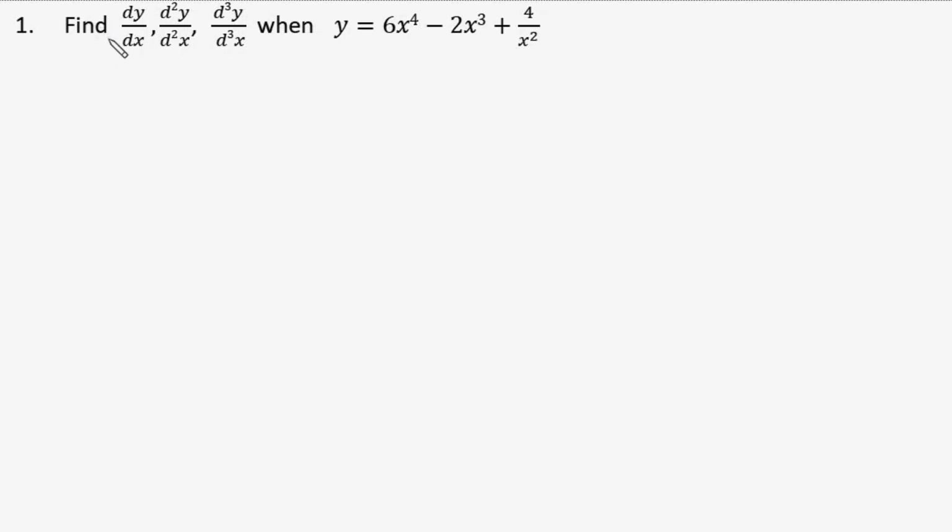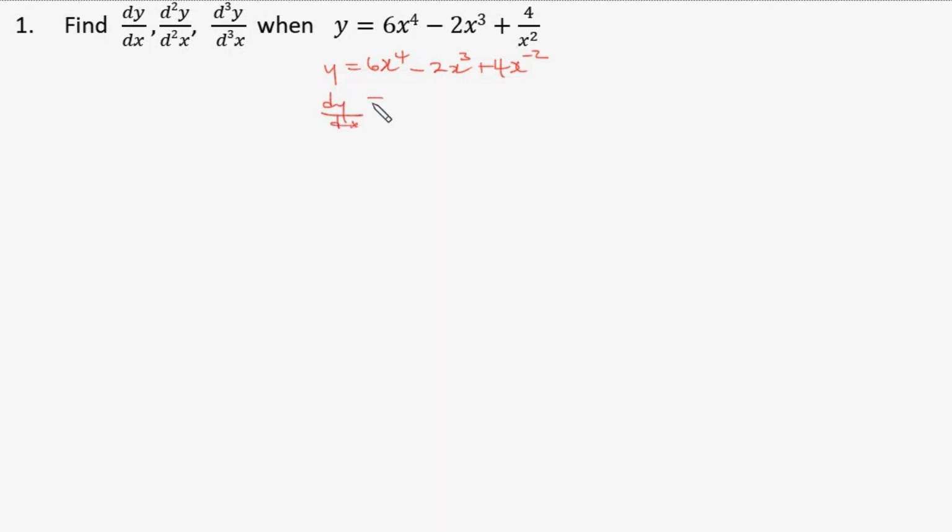We are asked to find the first derivative, the second derivative, and the third derivative when y equals 6x raised to the power 4 minus 2x cubed plus this. We first of all write y again as 6x to the power 4 minus 2x cubed, and then we bring x squared up, so it becomes negative x raised to the power minus 2. We differentiate with respect to x. This becomes dy/dx